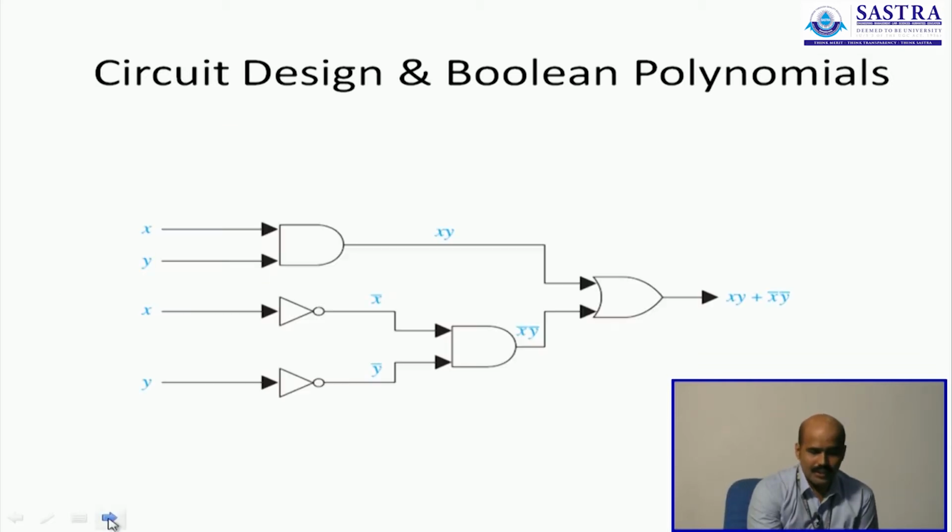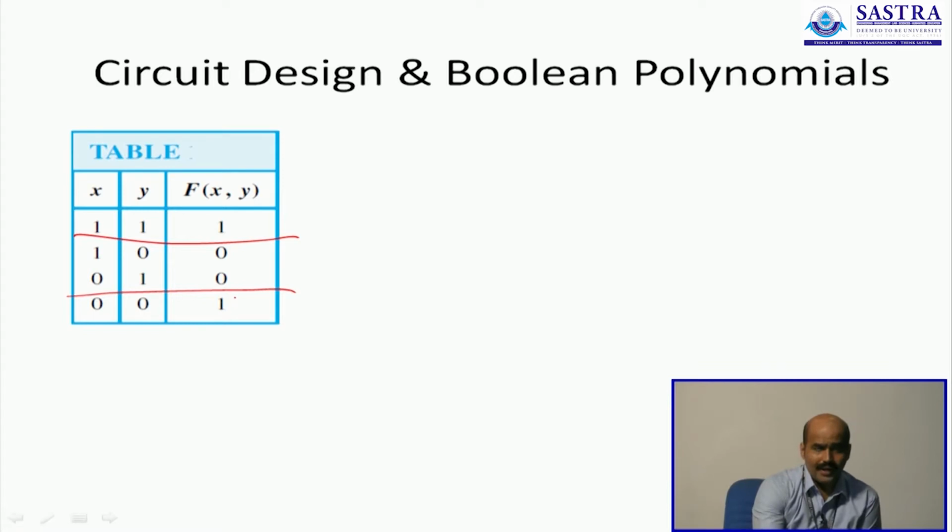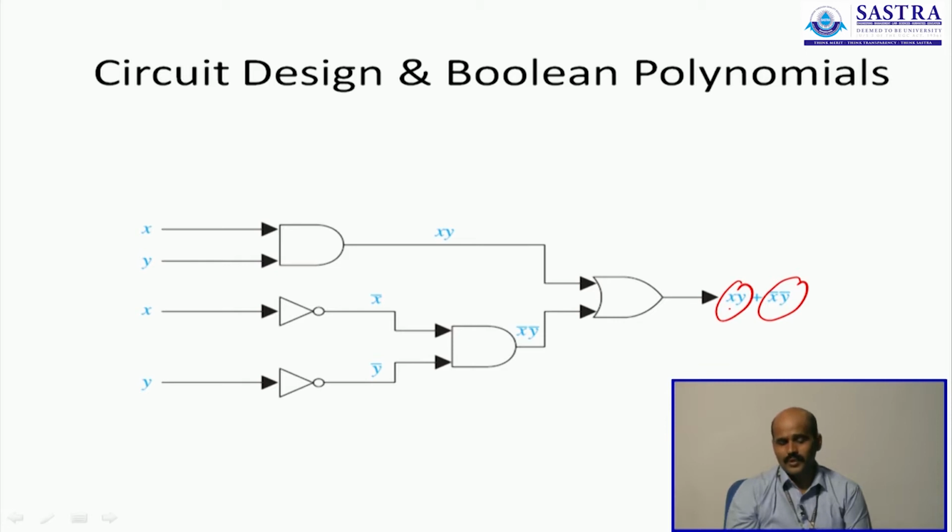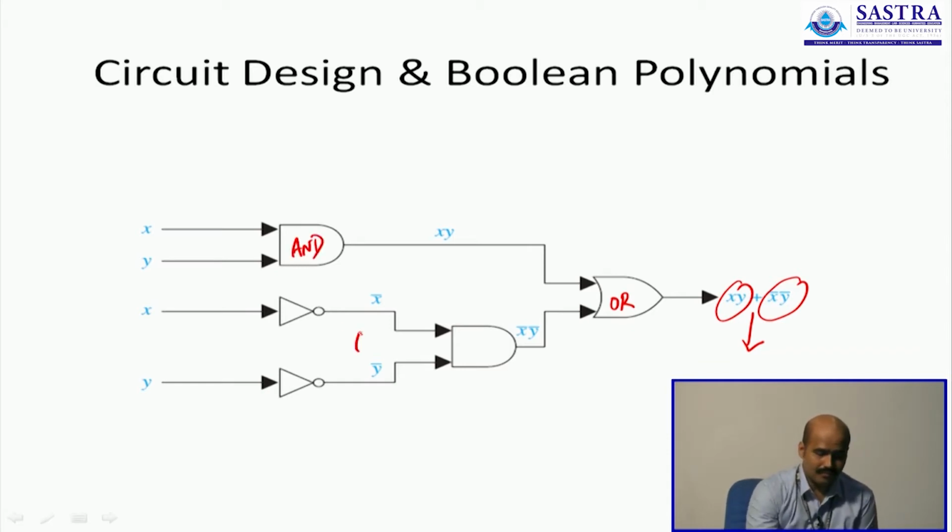That will help us design its circuit, because we understand that I get a 1 output only when both are complemented or both are as they are. That is reflected by both being complemented and both being as they are. Because I'm adding these two, I'm using an OR gate, and for each multiplication I'll use an AND gate. It's an AND of x bar and y bar because I want x bar, y bar. It's an AND of x and y because I want x and y as they are. And to bring about x bar, I'll use this negation.